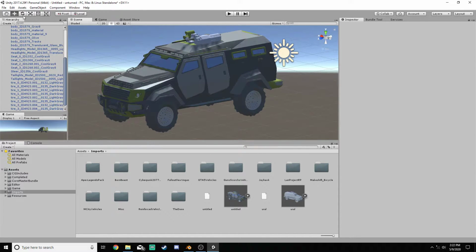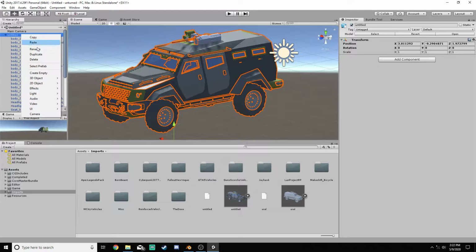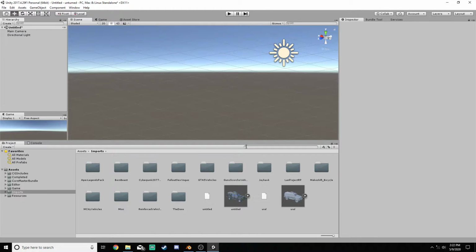So yeah, SketchUp stuff is really weird. But that's about how it is. You just have to fiddle with this stuff and maybe